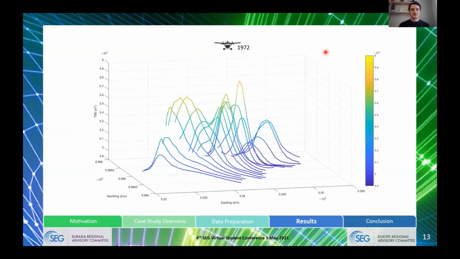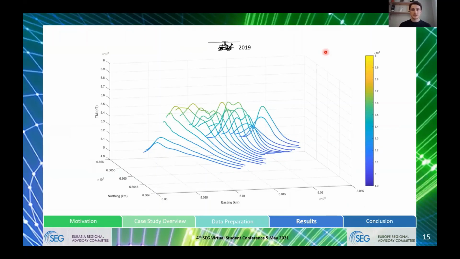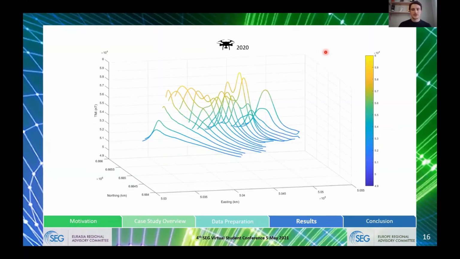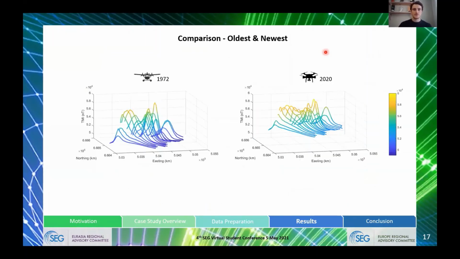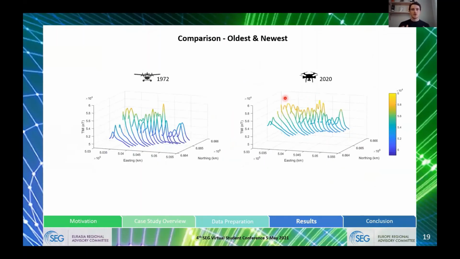So first we have the fixed wing data from 1972, then from 2016, the helicopter-based magnetics, and the UAV data from last year. From the oldest results alone, we might infer the presence of 2 separate and distanced magnetic bodies. However, with the newly acquired UAV dataset, the true complexity of the ore deposit is much better reflected. We have these distinct double peaks in magnetic intensity that can be attributed to the different causative bodies in the